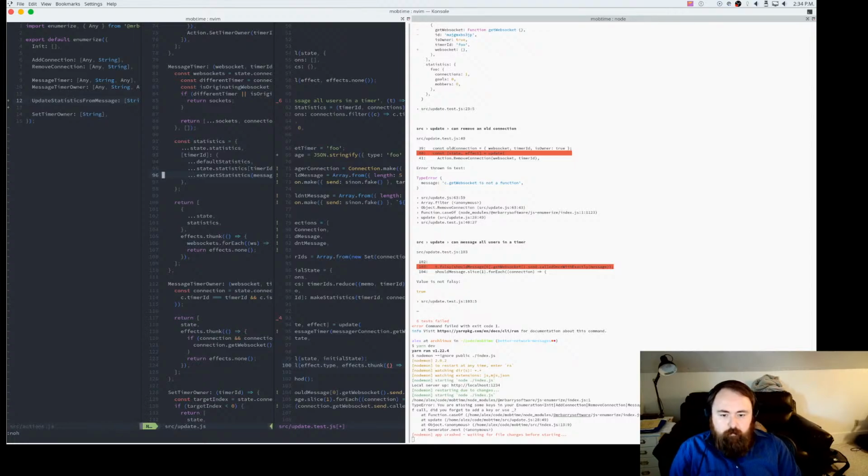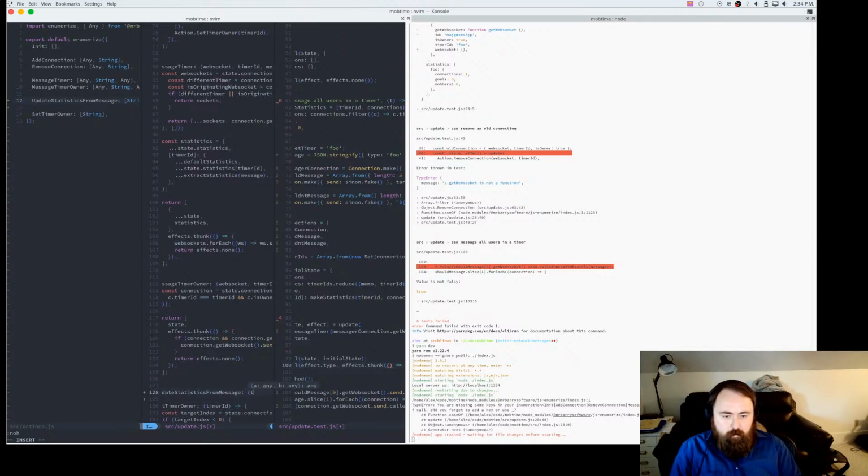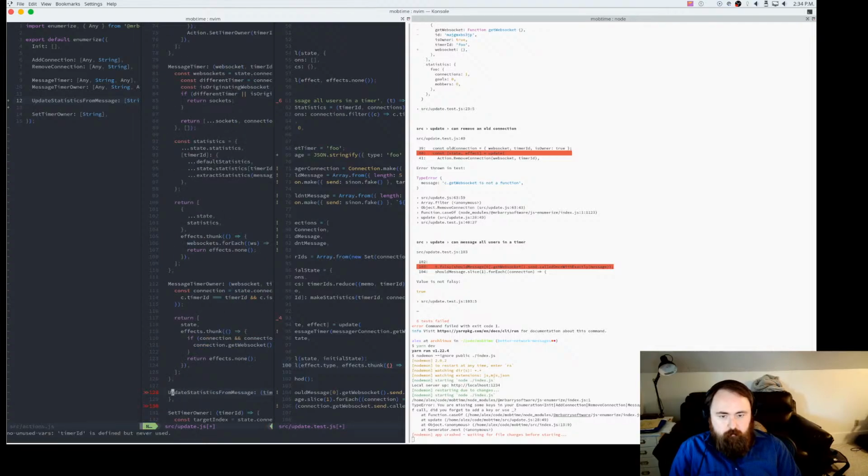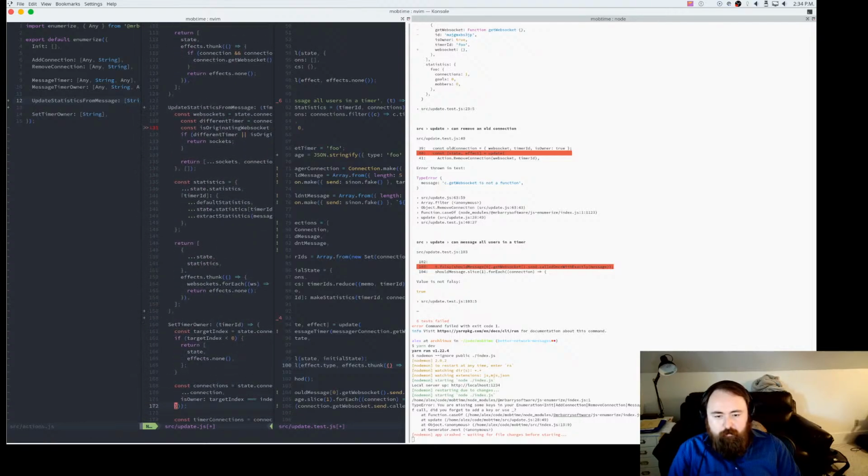So let's go on down here and do update statistics for message, and we know we're going to get a timer ID and a message. I'm going to copy message timer for the most part, and then strip out all the things that rely on sending things to anything really.